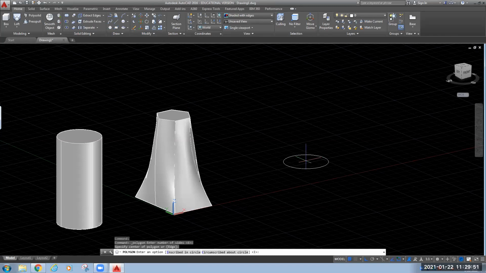Center we will take this. It is again asking inscribed or circumscribed. Okay. Now radius you have to specify. Let's make it a little bit larger, or you can keep it smaller as well. Okay. Make it 3.